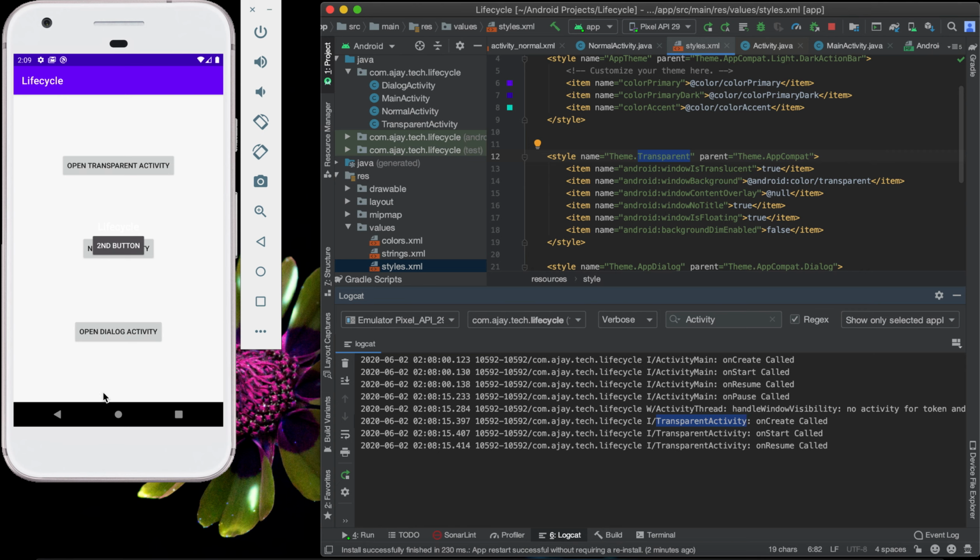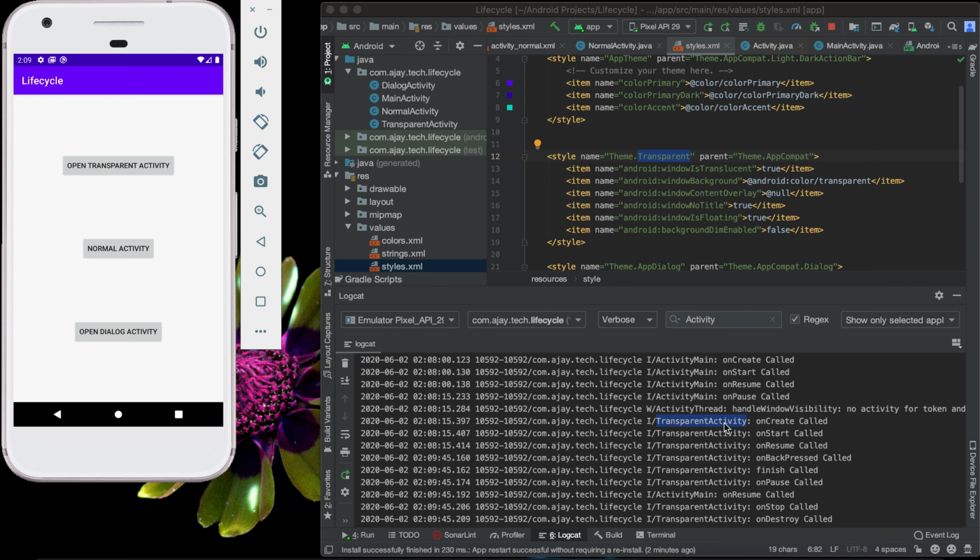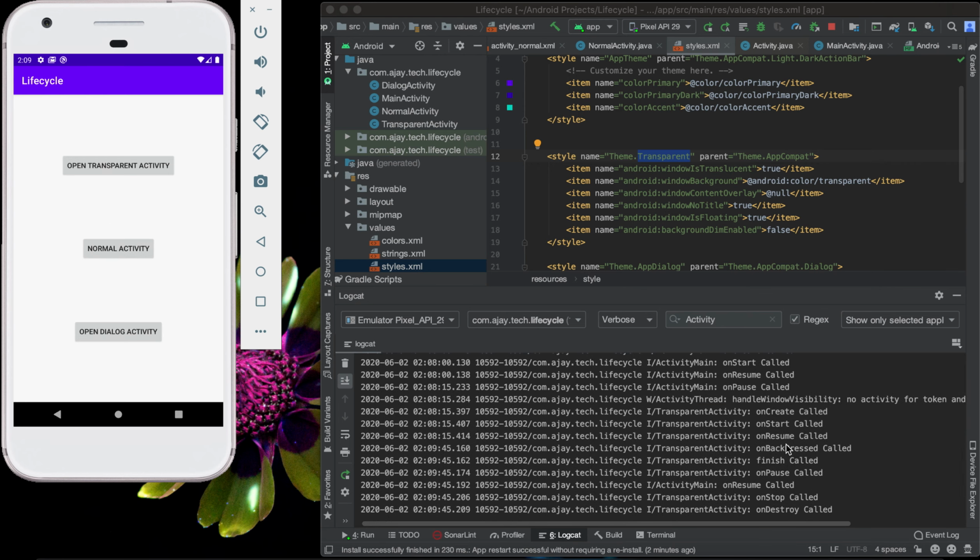So when we press the back button, the transparent activity's onBackPress is called. After back press, we know that the finish method is executed and the transparent activity gets paused.